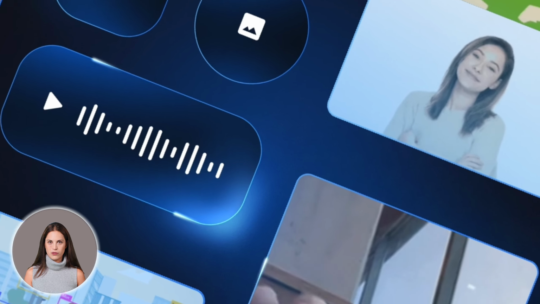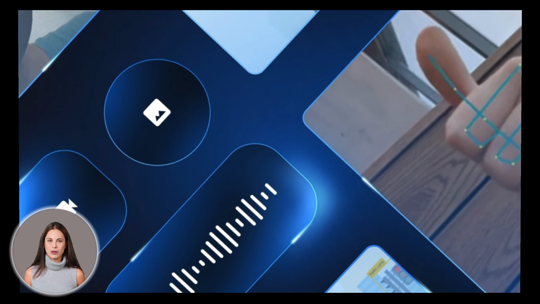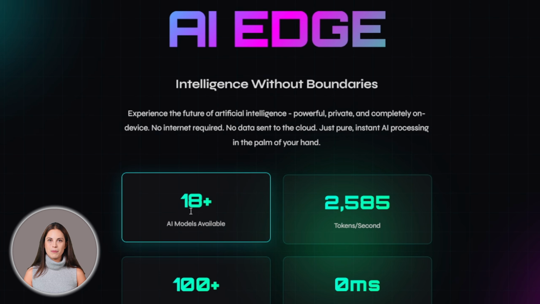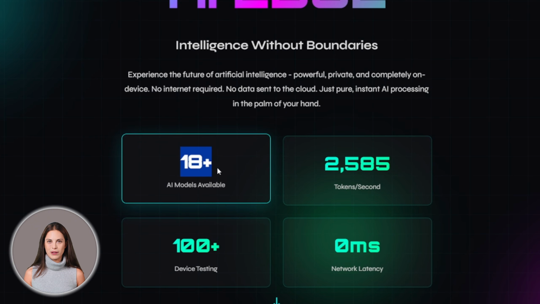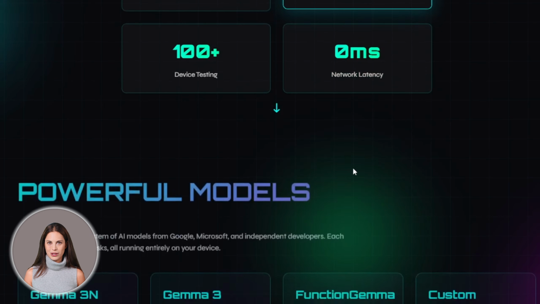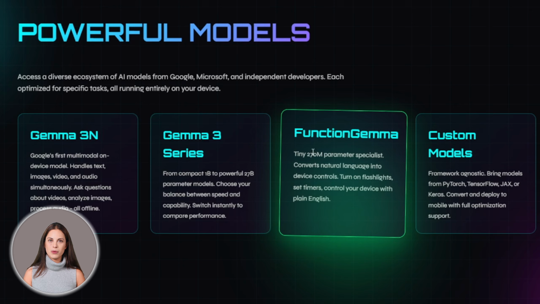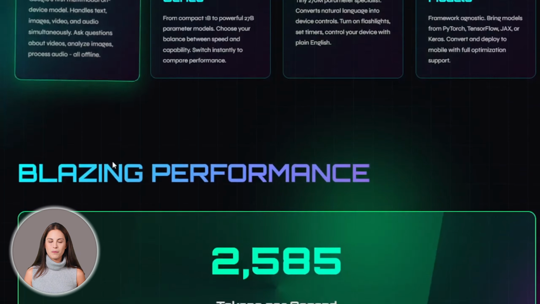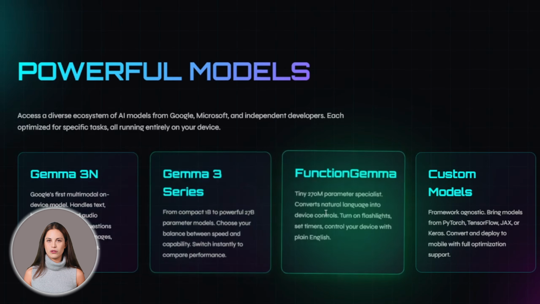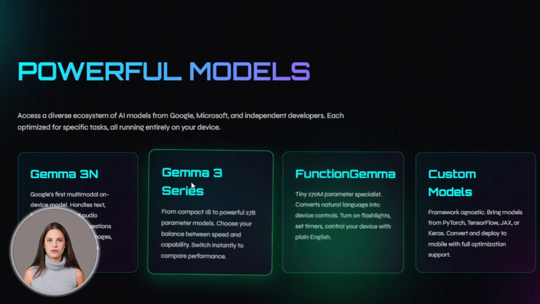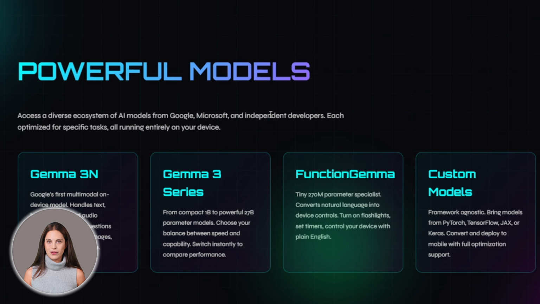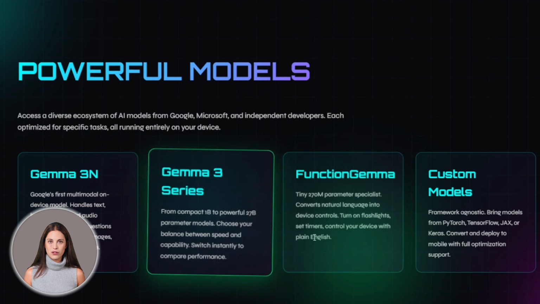Let's talk about the models you can actually use. The app gives you access to 18 plus different AI models. Most of them are from Google. Things like Gemma 3 1B, Gemma 3 4B, Gemma 3 12B, Gemma 3 27B. There's also models from Microsoft and some smaller developers. Each model has different strengths. Some are faster, some are more accurate, some are better at specific tasks, and you can switch between them